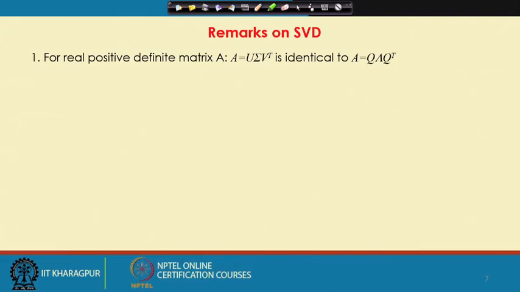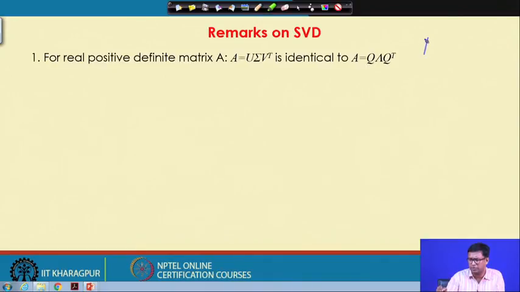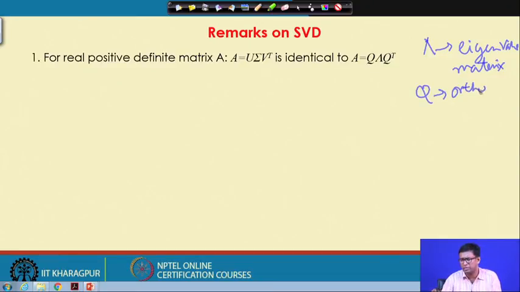So, there are a few remarks for a real positive definite matrix A. Positive definite means it is a non-singular matrix and it does not have a negative eigenvalue also. A is equal to U sigma V transpose, which is identical to A is equal to Q lambda Q transpose. We have seen this form earlier. Lambda is the eigenvalue matrix, a diagonal matrix whose diagonal elements are the eigenvalues only, and Q is an orthogonal matrix